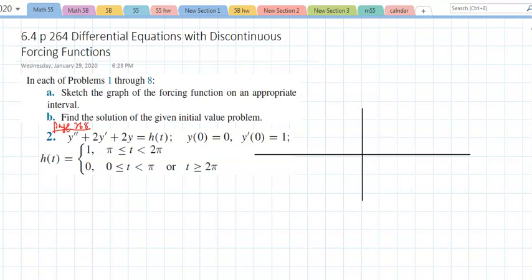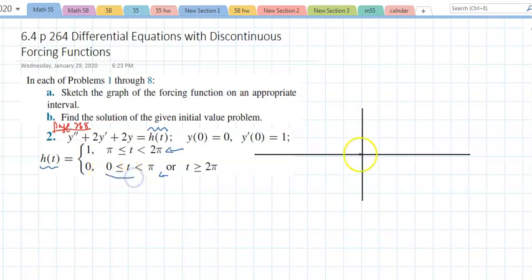Section 6.4 is on page 264, talks about differential equations with discontinuous forcing functions. So the forcing function has been given as fixed e to the t cosine of t polynomial combination, right? Now, this function is really given as piecewise, and if I look at the graph of this, I notice that